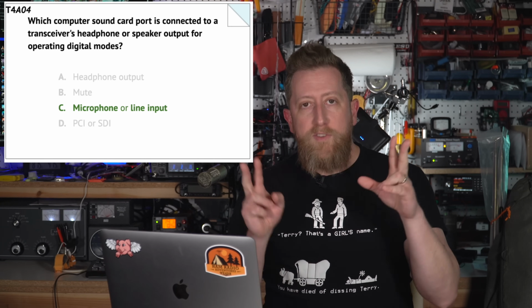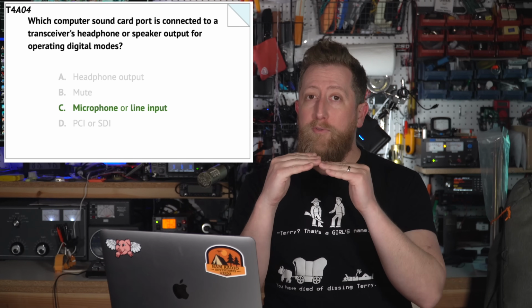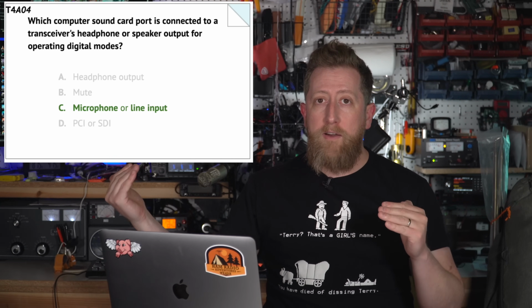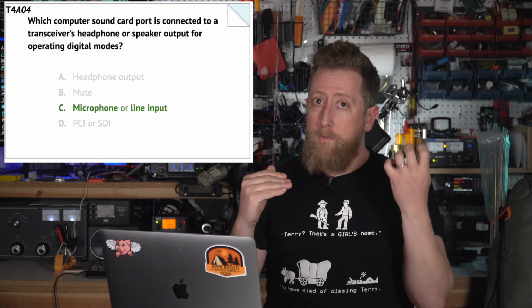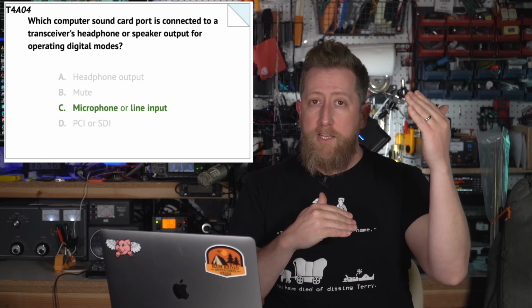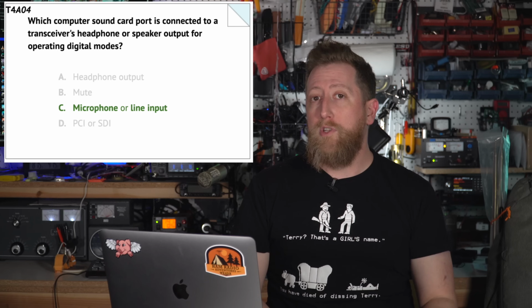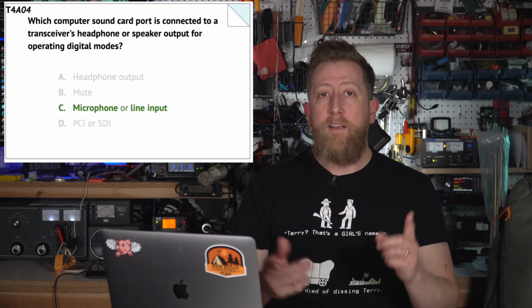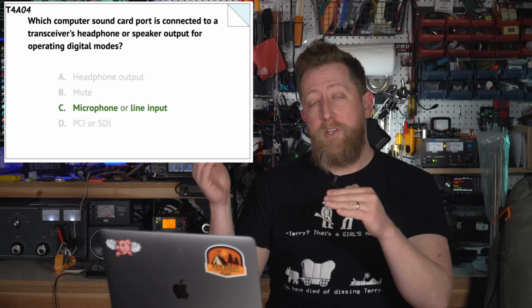Your radio's speaker is the output, and it should be connected to the microphone of your computer. The sound going out of the radio must be ingested by your computer's microphone to be able to get decoded into the digital mode, or however you're going to use it, and displayed on the screen. The flip side is also true. Speaker out of your computer needs to be ingested by your radio and transmitted.